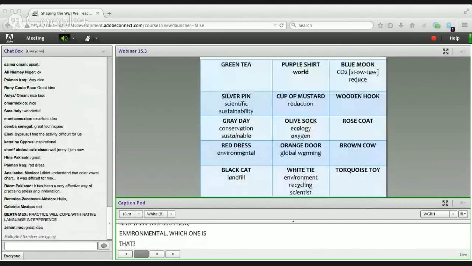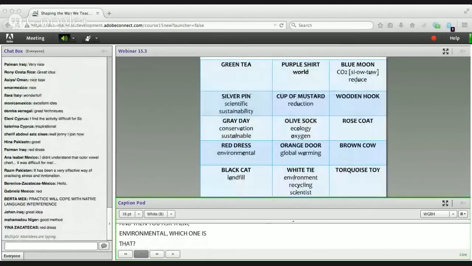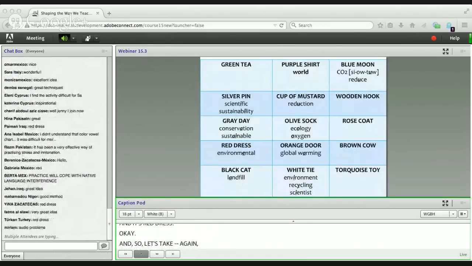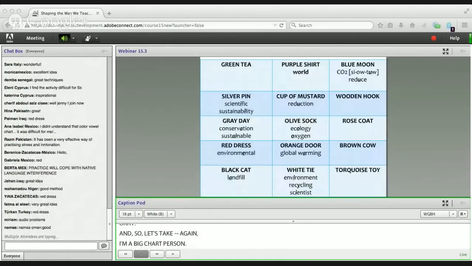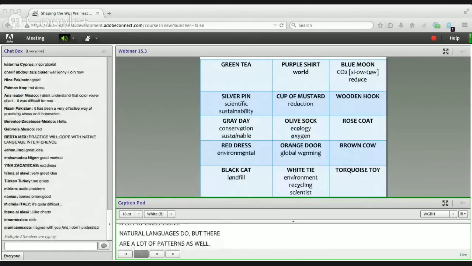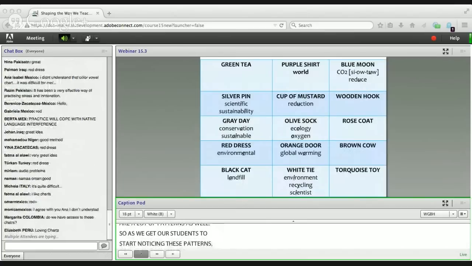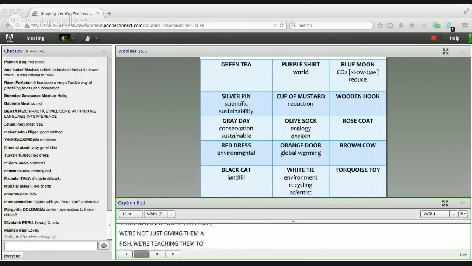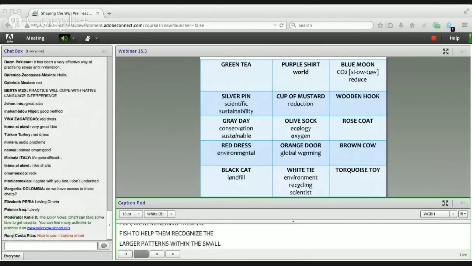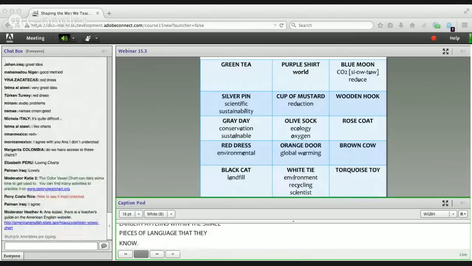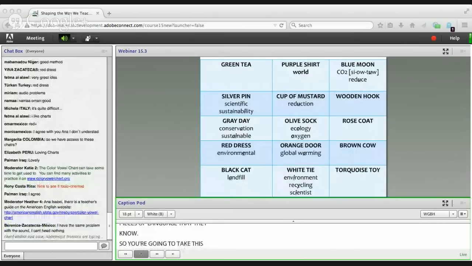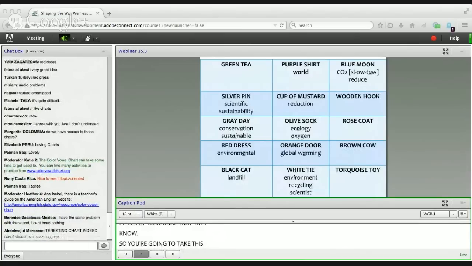Okay. And so let's take, again, I'm a big chart person. Language has a lot of exceptions, natural languages do, but there are a lot of patterns as well. And so as we get our students to start noticing these patterns, we're not just giving them a fish, we're teaching them how to fish, to help them recognize the larger patterns within the small pieces of language that they know. So you're going to take this: world, purple shirt, CO2, blue moon, reduce, scientific, sustainability, reduction, cup